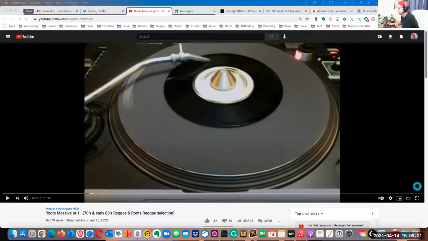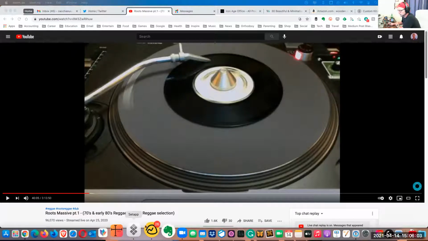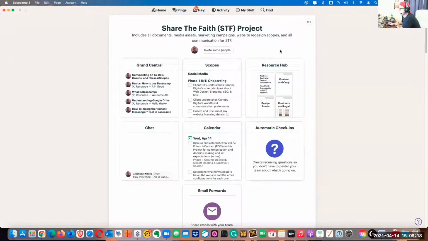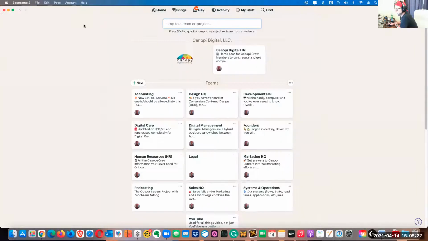Cool, man. All right, so we're gonna dive into Basecamp. Let me just move some of this stuff over. I know you can't see it, but I'm dragging this toolbar. All right, cool. So I guess first things first is that when you log into Basecamp,